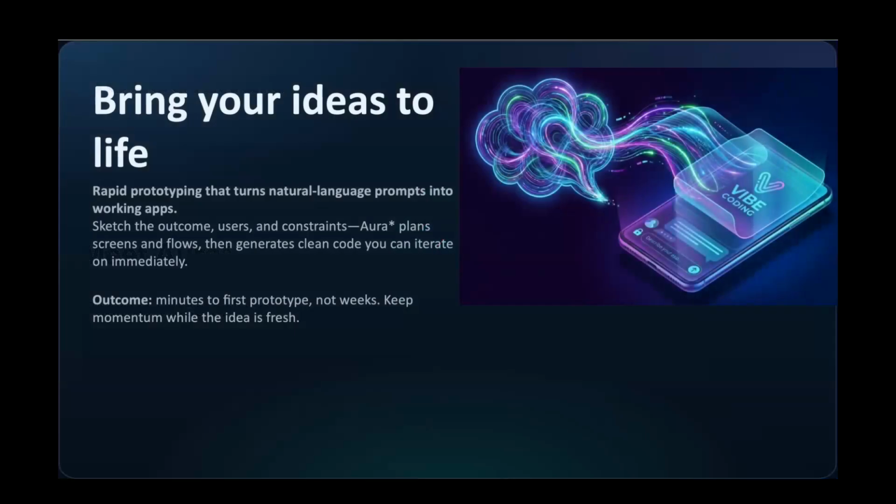But what is Aura basically? What is vibe coding? So it's basically rapid prototyping where you give a set of natural language prompts, and that can be converted into working apps. What's unique about Aura is